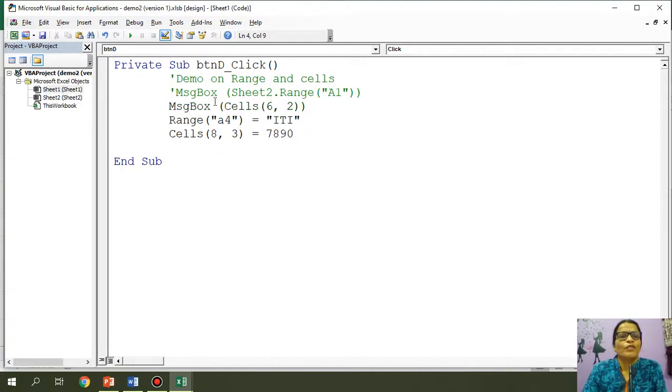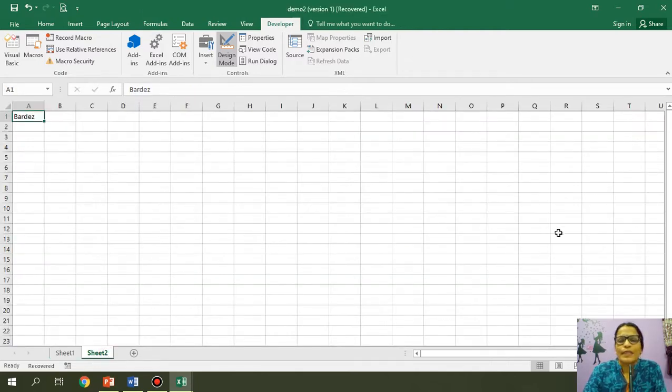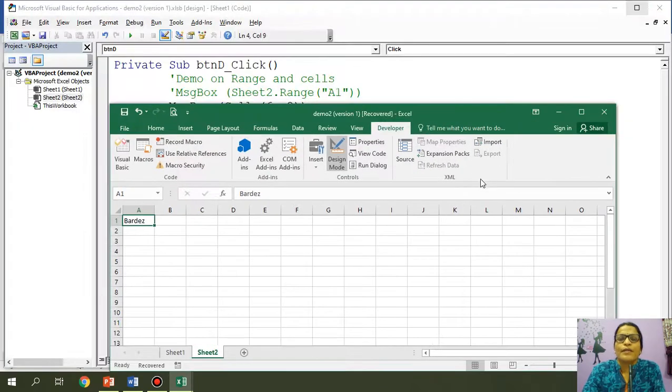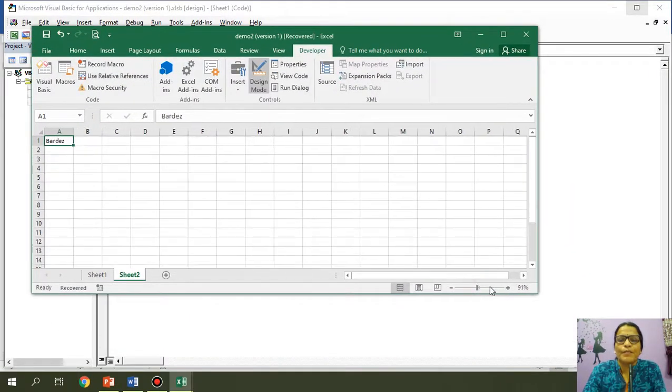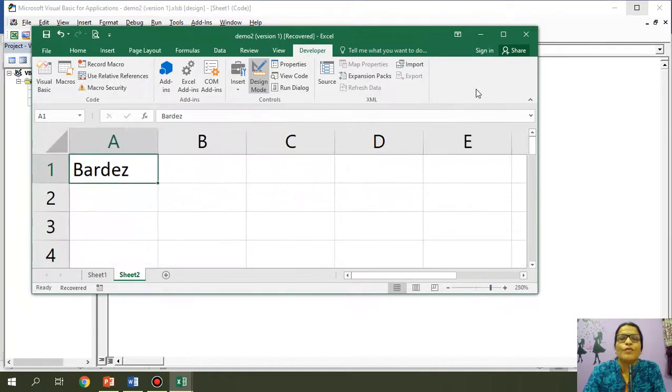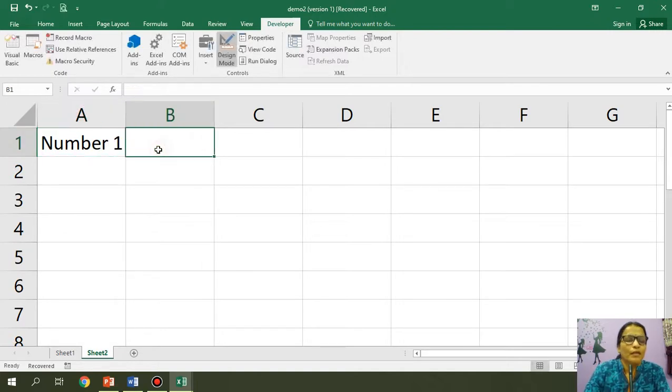So hope you have understood how to make use of range and cells. Now next what we'll see is, suppose you want to do some calculation. Let's take this worksheet 2. I'll increase the view, and remove this text right now. Suppose I have here number 1, and in this I have number 2, and I want to find the